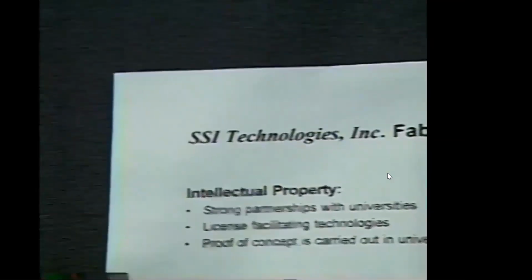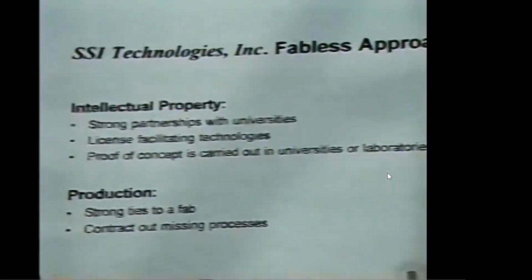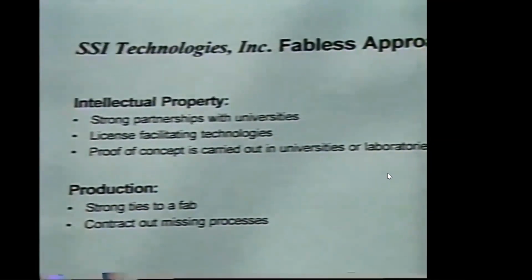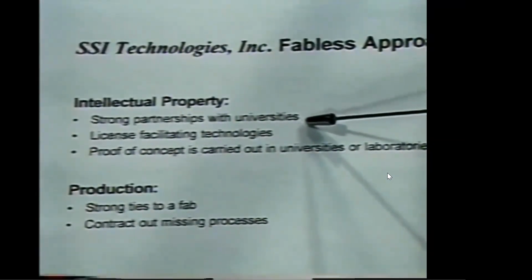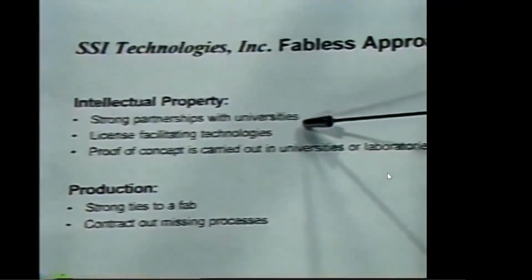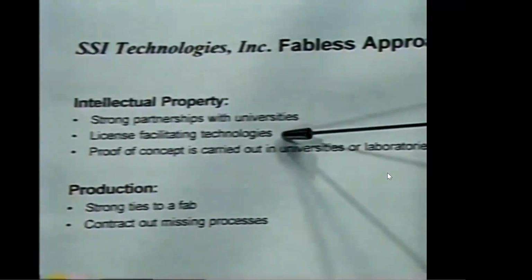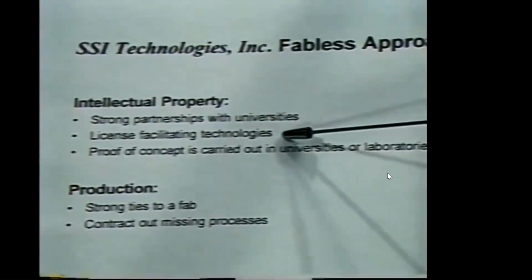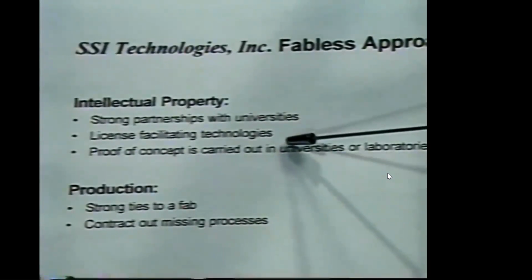So how have we managed this without a fab? Aside from being able to find SMC, we have tried to develop very strong intellectual property positions for the things that we've gone after in MEMS. Not only the pressure sensor, but the other devices that we're currently working on. And intellectual property positions imply several different things. It implies being able to interact openly with universities so that you can obtain information from them, and then we can use that information to license the technologies that we think are key to whatever device we're developing at the time. For instance, in the pressure sensor, we have licensed the technology from WRF, which is the Wisconsin Alumni Research Foundation, and we have fairly good patent protection through WRF on some of the key technologies involved in that pressure